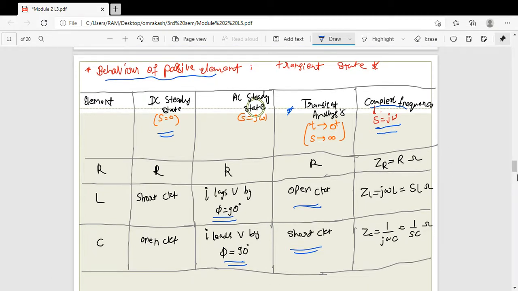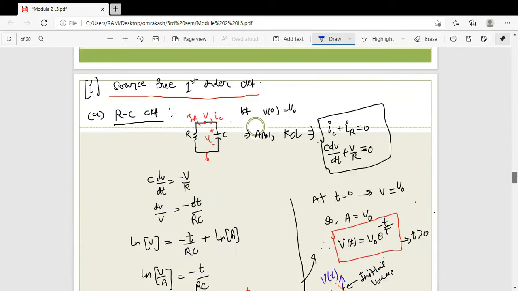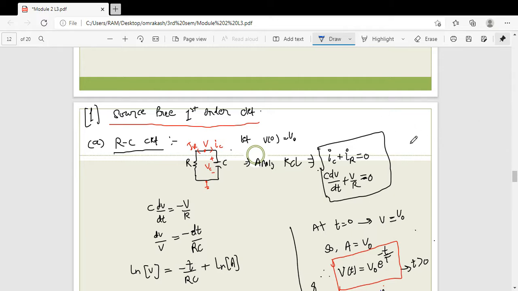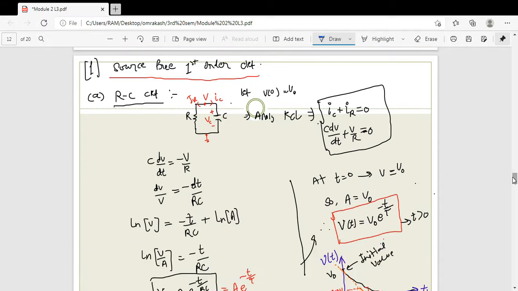Okay, now this is the first derivation, which is a generalized derivation. You can use this formula, which I derived here, in all the rest of the similar circuits, right? For an RLC circuit, meaning a circuit which contains R and C elements, you can directly apply this equation there.